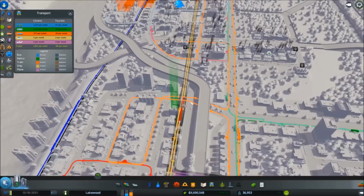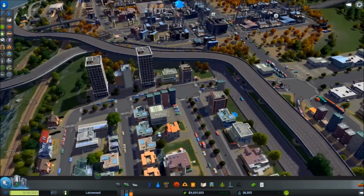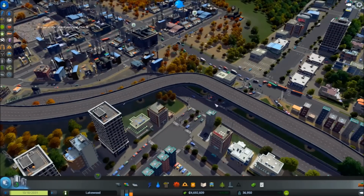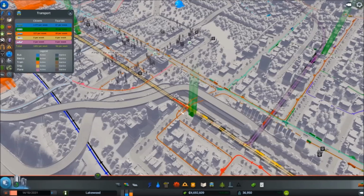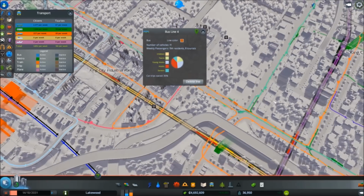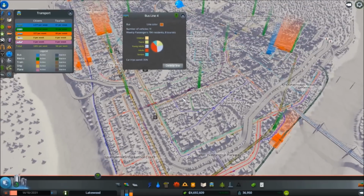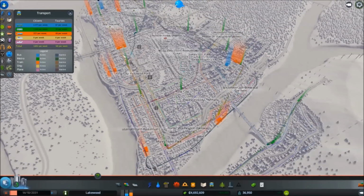We unfortunately have interfered with one of the bus lines because it was going through that one way. And we've also created a traffic light right here on the highway. So two things that are very counterproductive. What we have to do is get rid of this orange line. We'll make note of the fact that it hit this part of the industrial sector. It went on the outskirts of here, as well as touching on...